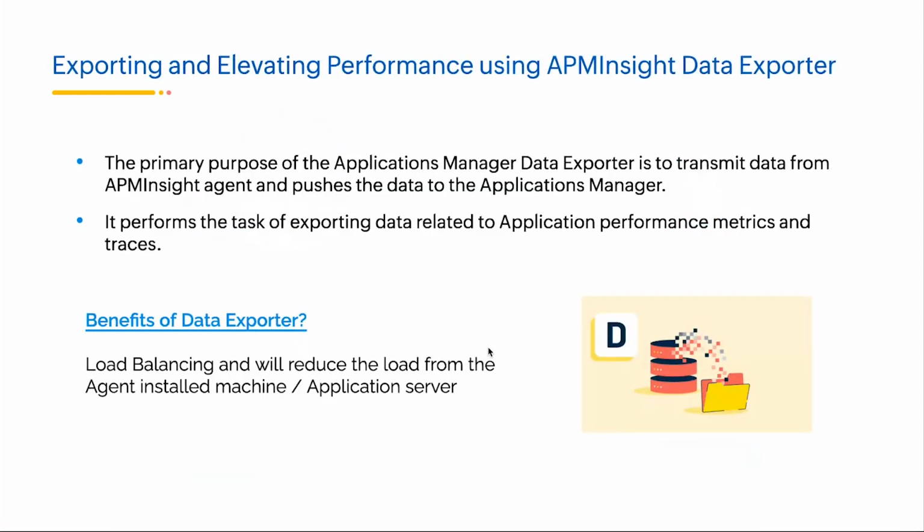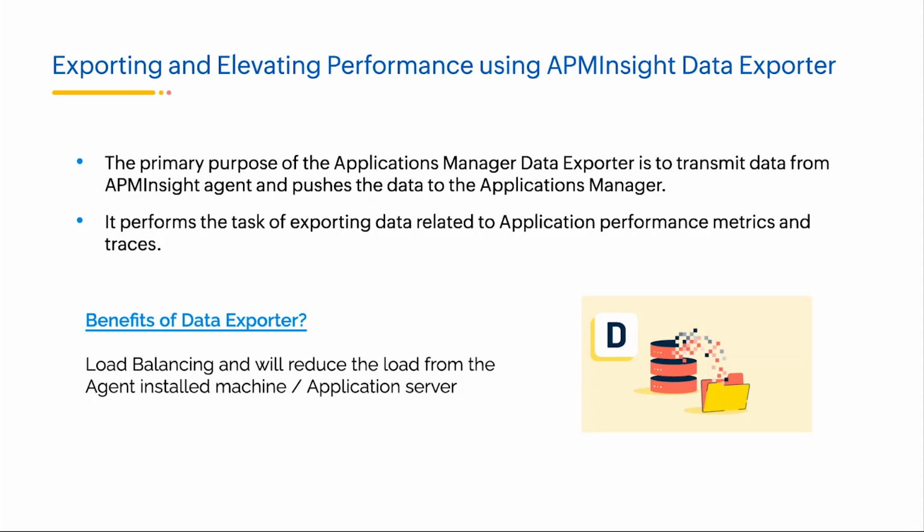Now let's look at how you can export and elevate application performance using the APM Insight Data Exporter. The data exporter is a standalone component or a module within Applications Manager, which is responsible for collecting, processing, and transmitting application metrics and traces to the Applications Manager server. Its main purpose is to export the data collected by APM Insight, allowing for deeper analysis and improved visibility